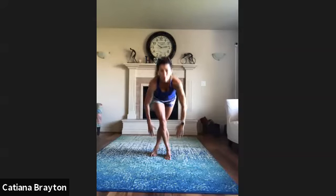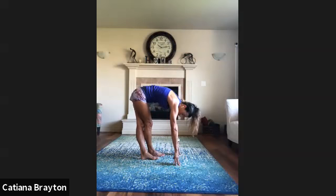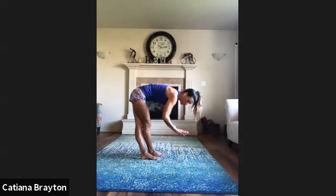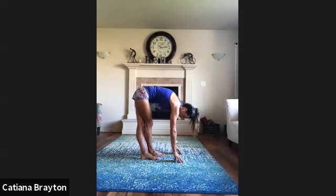Inhale, exhale, bend forward. Both legs extended. You can add something in front of you, like a yoga block, a pillow, a chair, to help you to relax and keep those knee locks. If you can,